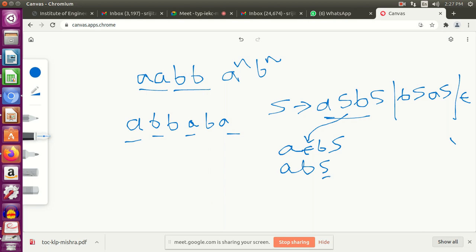So for this S, what do we need? A, B is already here. So for this S, we again need a starting B. So we can replace this S with A, B, then again B, S, A, S. So I've got A, B, B, and then I want an A. So I can replace this S with epsilon again.